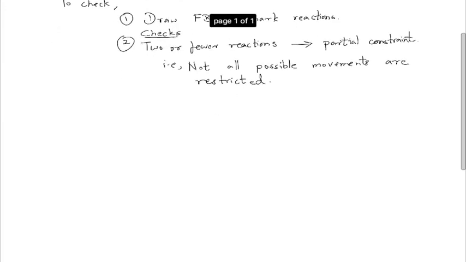Which just means that your body, under some force, would experience some movement, which means it's not in static equilibrium. So if it fails the first check, you know you have a partial constraint, which is also one case of improper constraint. And the third step was to check if you had three reactions,